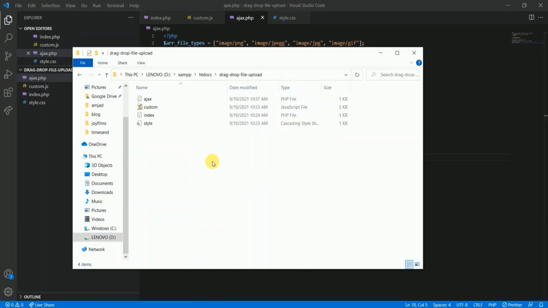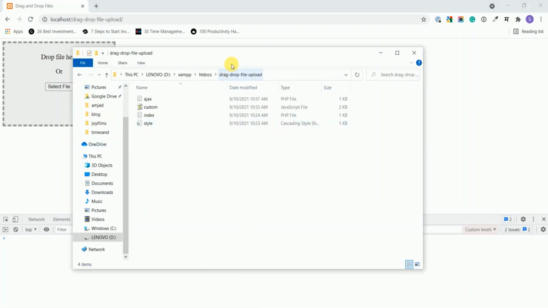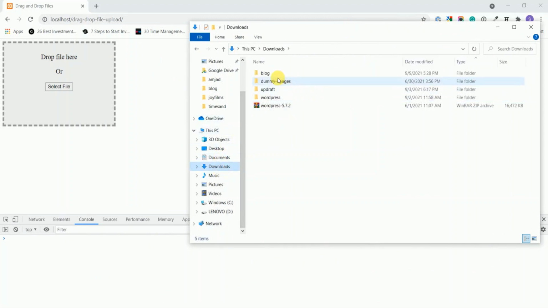Okay, fine. Now after uploading the file, the uploads directory should get created and inside it our image should get stored. Now let's try to drag and drop a file here. I'm going to my dummy images.